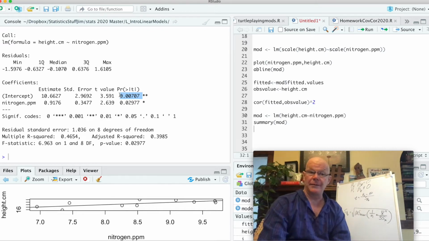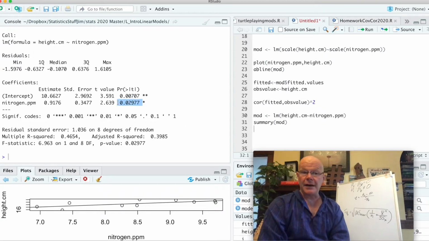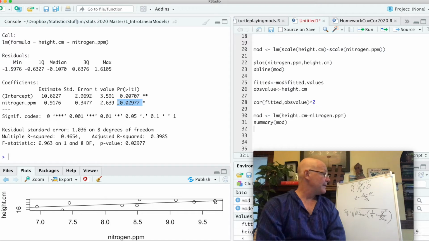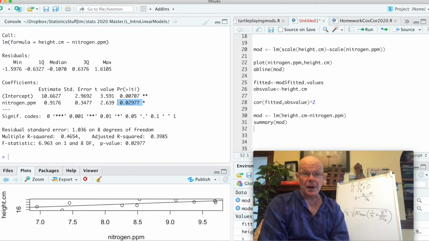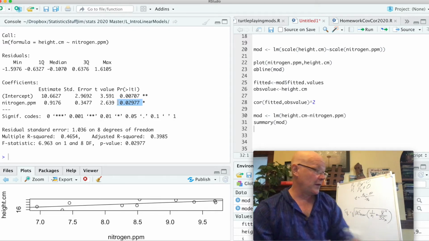But the important bit here is that the slope is significant, okay? Meaning that our slope is significantly different from 0. And that is telling us a little something about the fact that we probably want to keep the slope in the model. So we know that if,